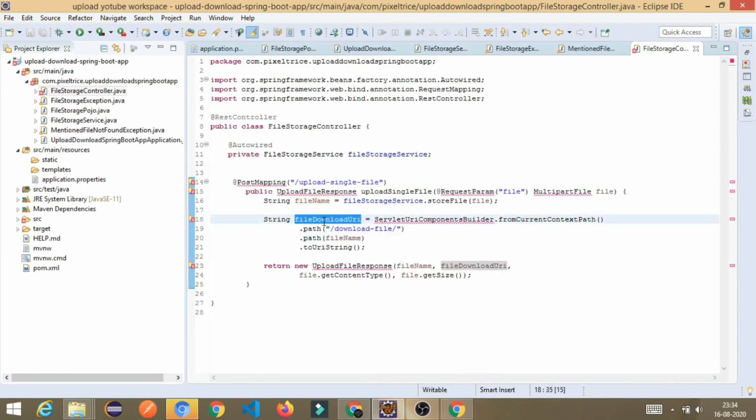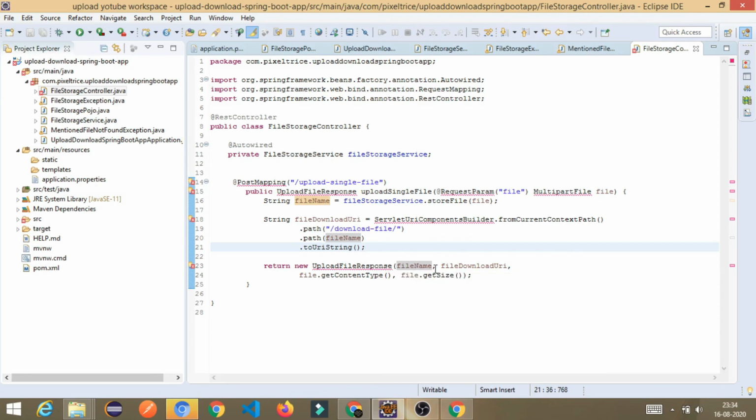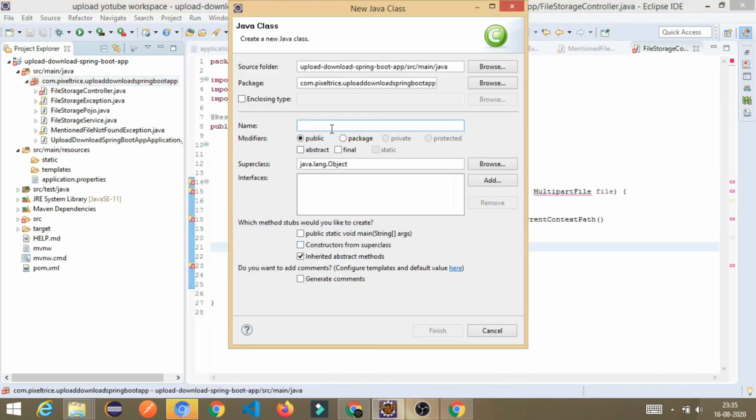So I am assigning it here, and finally if everything works perfectly, then I am returning the response in a correct way, in the object of upload file response. It is not a predefined object. For this purpose we also need to create one class, upload file response. So let's create one class, upload file response.